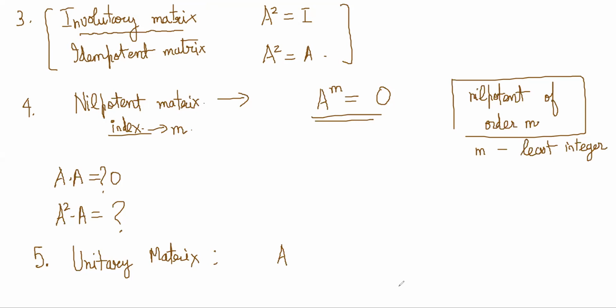A into A transpose conjugate. Wait, A into A transpose is 0. A into A transpose is 0? Huh? You have seen this before? No, I've never seen it in my life. A into A transpose is equal to I is orthogonal, no? What is the difference? We never studied any unitary matrix. Unitary matrices come in quantum mechanics, so I think